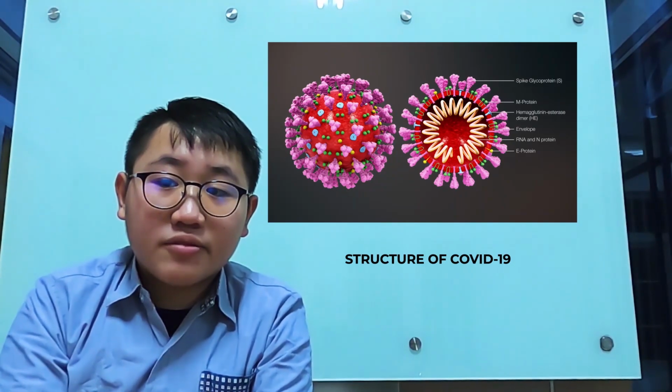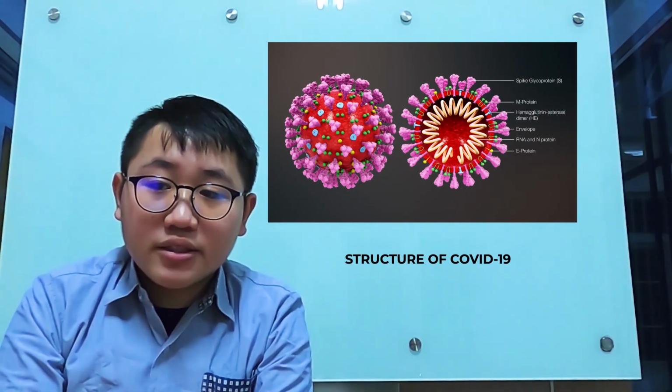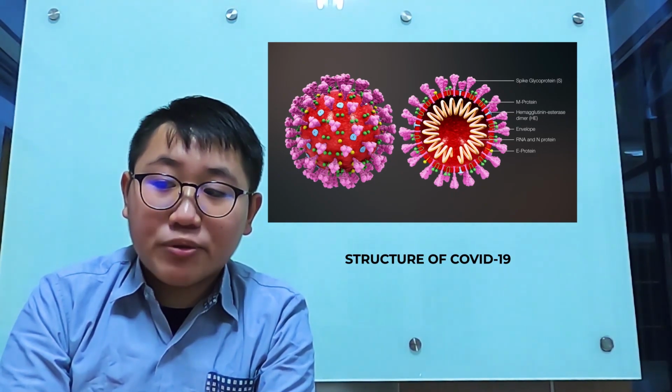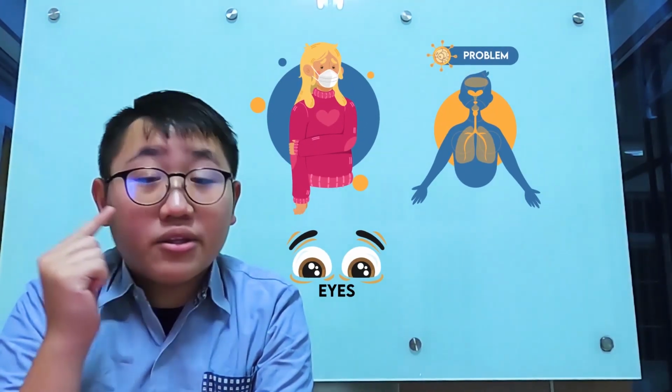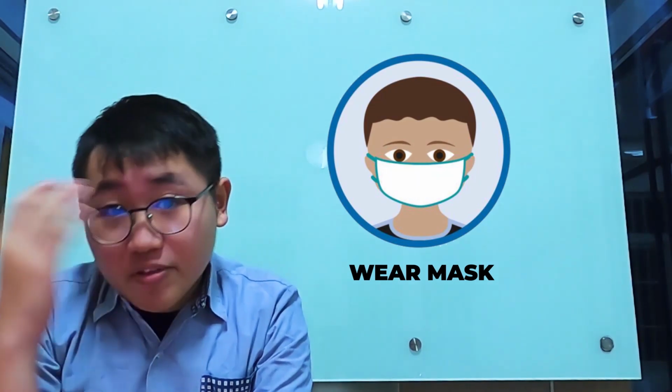Coronavirus is made of a structure where it is a round virus with many glycoprotein spikes poking out of it. Inside the virus is its own RNA and N protein that is located inside of the envelope. This virus can enter our body through the eyes, the nose, and the mouth. That's why we have to wear masks and even protective eye covering so that COVID-19 does not spread to us